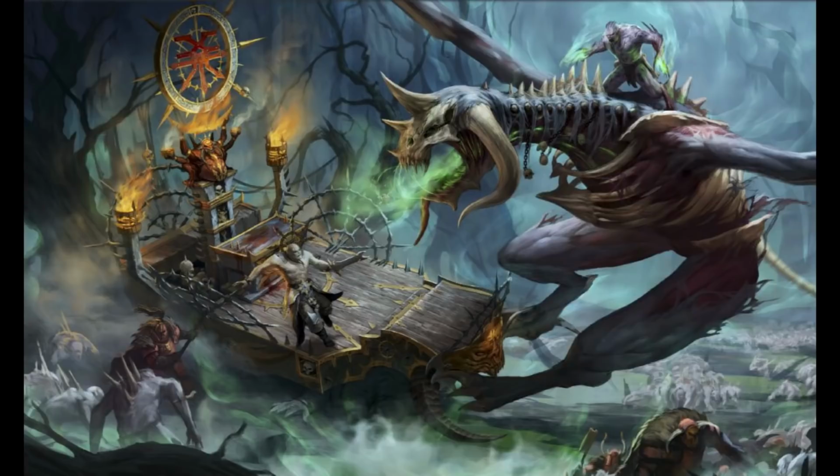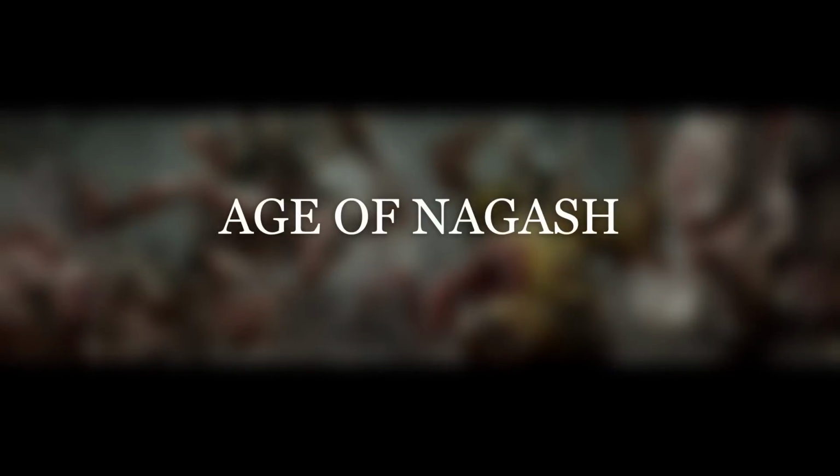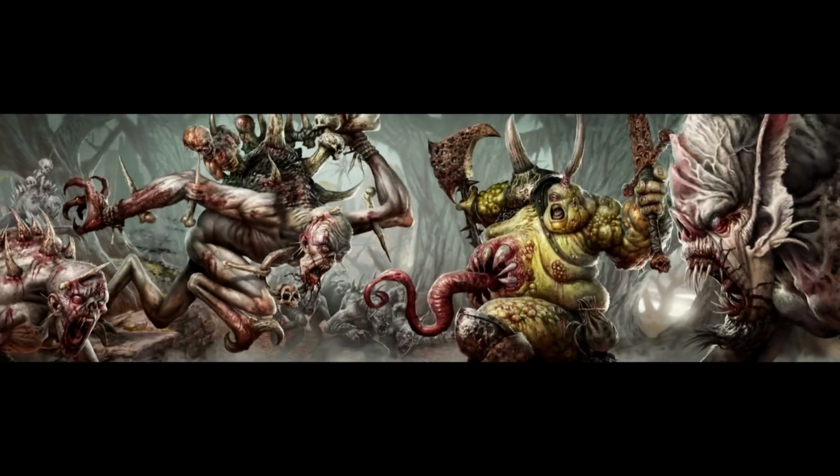So instead of setting up this model on the battlefield, you can place it to one side and say that it's soaring in the skies in reserve. If you do so, at the end of your first movement phase, you must set up the unit on the battlefield more than 9 inches away from any enemy units. Okay, so